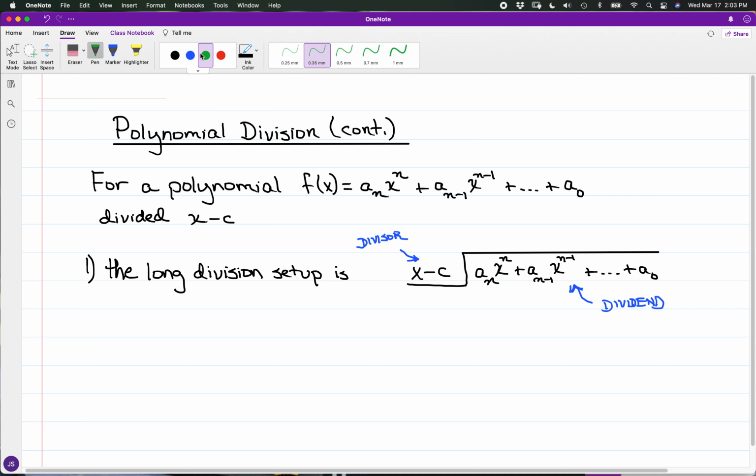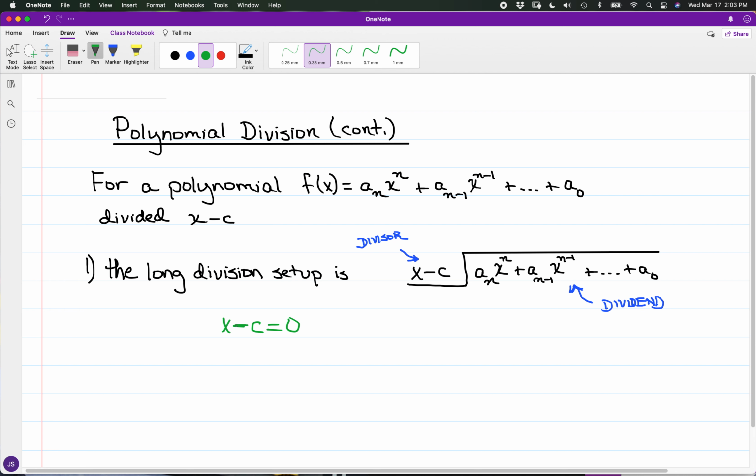Now if I'm looking at where the divisor is going to be a first order binomial expression, we have our long division setup given as such. Now, the other mode of polynomial division is going to be synthetic division, and representing x minus c,